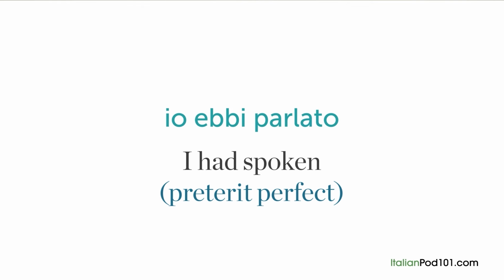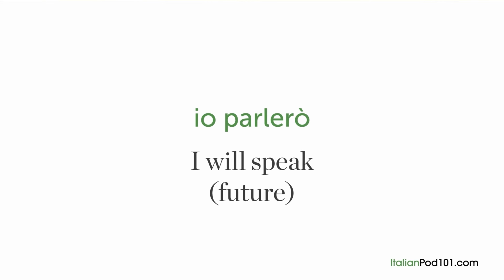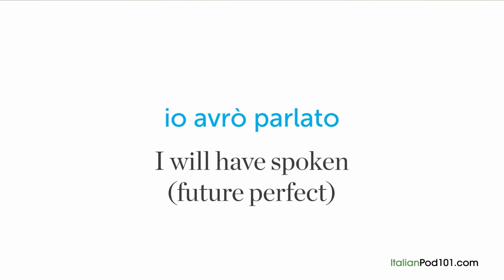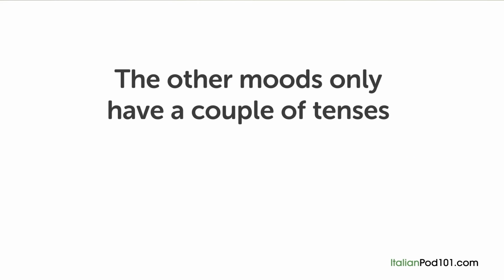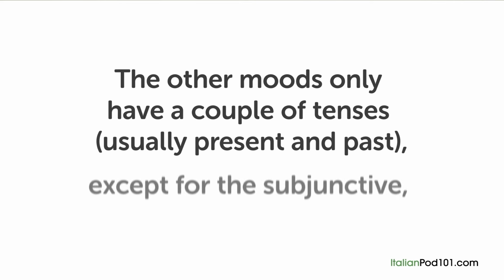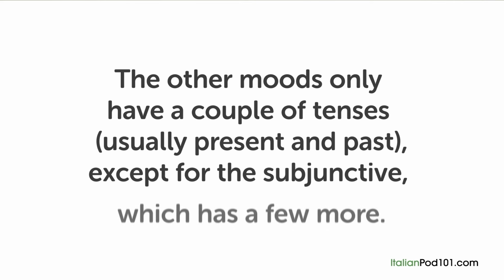Preterite perfect, io ebbi parlato, I had spoken. Future tenses are the future, io parlerò, I will speak. The future perfect, io avrò parlato, I will have spoken. The other moods only have a couple of tenses, usually present and past, except for the subjunctive, which has a